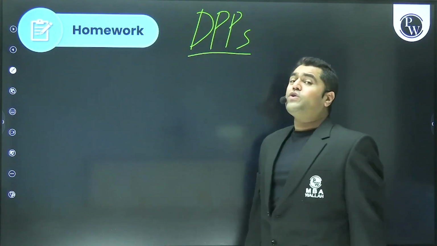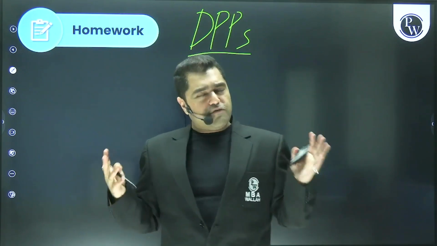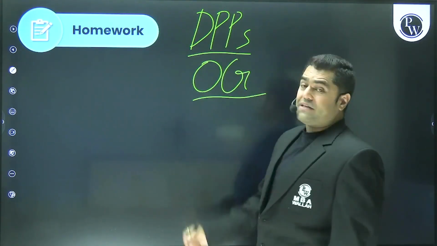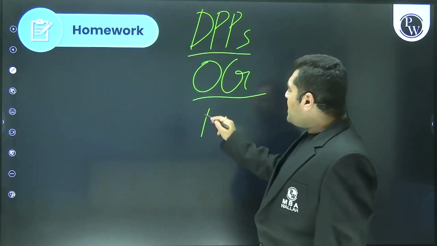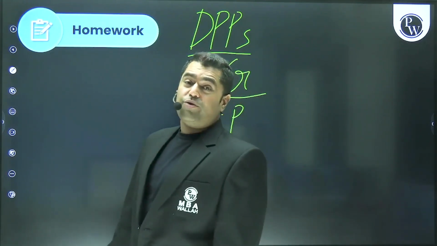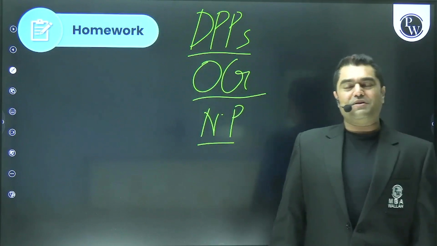You will only get our DPPs if you enroll in the batch on the app or on the website. It's for free, but do it. Definitely solve questions from GMAT, the OG, that is most important. And people, read newspapers always. Newspaper reading promotes logical thinking inside you, critical thinking, analysis and summarizing, which is a very good skill in RC, reading comprehension.